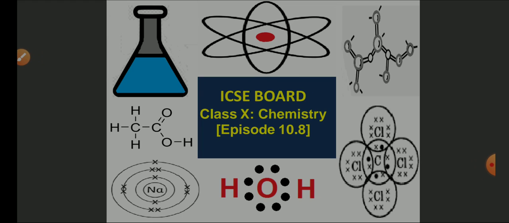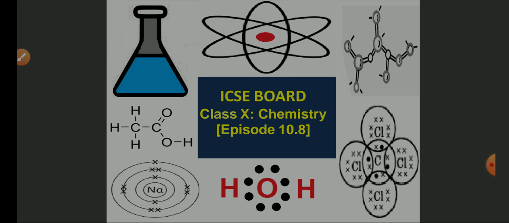So far we have seen the definitions related to organic chemistry and organic compounds. We have seen the valency of carbon and hydrogen. We have seen catenation. We have also seen the classification of hydrocarbons: saturated and unsaturated, aliphatic and aromatic. In aliphatic we have talked about saturated alkanes, and we have prepared methane and ethane. In unsaturated ones we have seen the lab preparation of ethene and ethyne. We have also seen how to distinguish between saturated and unsaturated hydrocarbons, and even in the unsaturated we have seen how to differentiate between alkene and alkyne in the previous episodes.